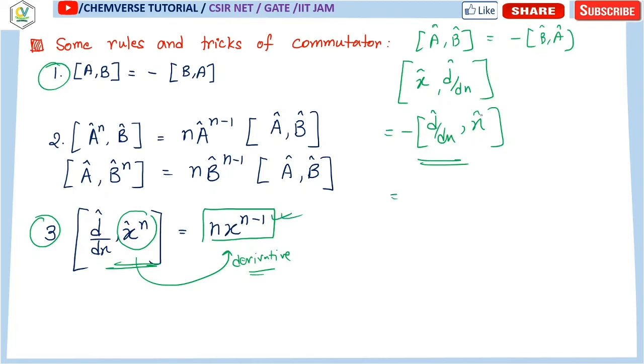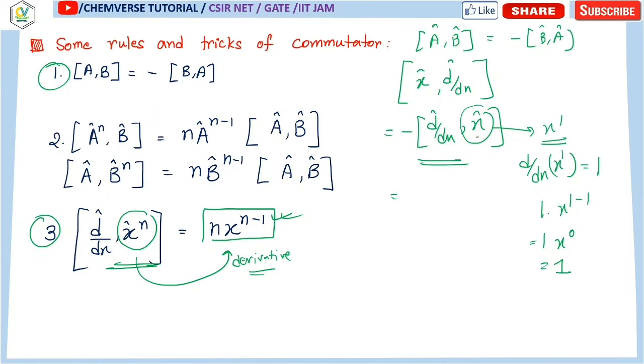Now over here I can say that x is nothing but x to the power 1. So if we operate d dx on x, we get 1, because if x has a power 1, then 1 into x to the power 1 minus 1, so x to the power 0, which is basically 1. This is the same formula we can apply over here.